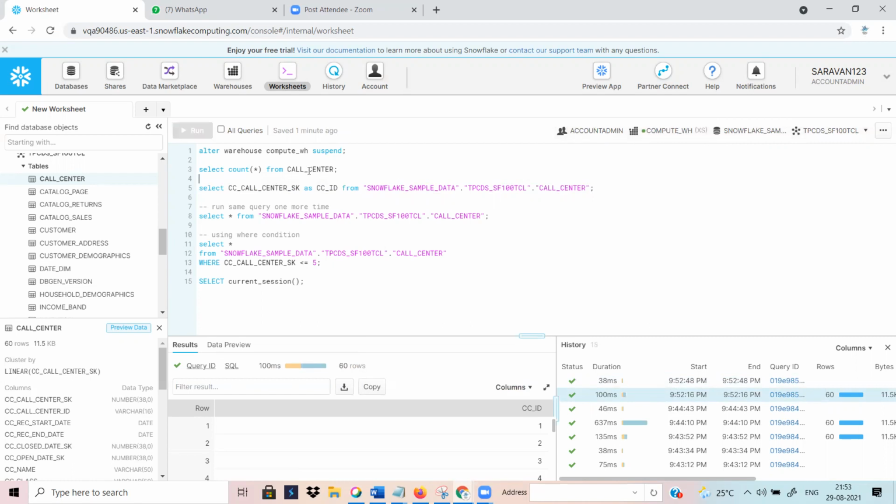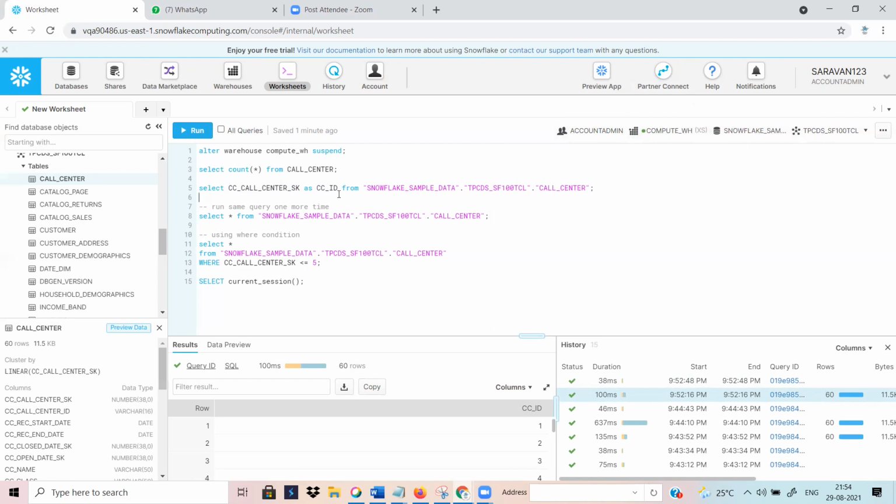Yes. Already the data I'm fetching, this data is already fetched, right? The whole data is there in the local storage, in the compute warehouse. So in this query, you are selecting the column from the table, right? Now Snowflake, as an intelligent technique, already has this table data. So it is directly getting it from the local storage instead of moving to the remote storage.